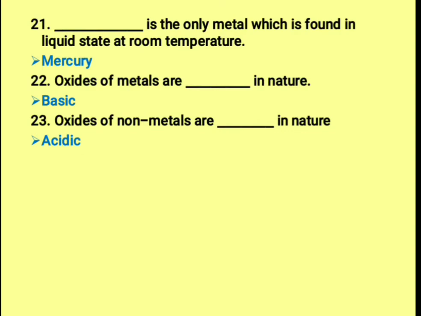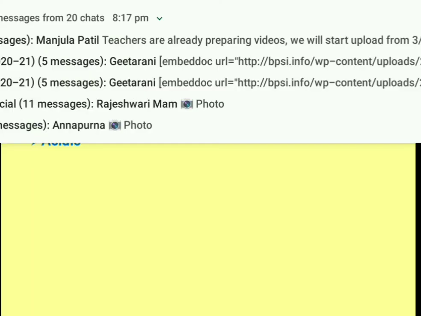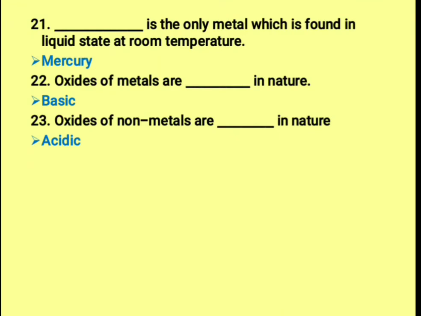How to remember this? The easy way to remember this is, please remember about acid rain. What causes acid rain is sulfur dioxide and carbon dioxide. Sulfur is a non-metal. Carbon is a non-metal. Sulfur dioxide is the oxide of a non-metal. Carbon dioxide is the oxide of carbon, which is also a non-metal. These oxides of non-metals combine with water and form acid rain.